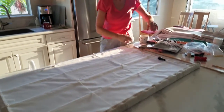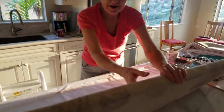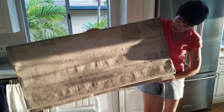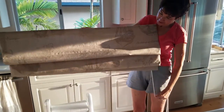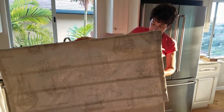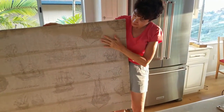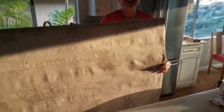I've been making Roman shades. We're about ready to take it and put it up into the window. Okay, now these are really cool. See, they gap up, or you hoist them like a sail. This is made out of sailcloth, right? Yes. Kind of like sailcloth, huh? Yeah. But it has these really cool